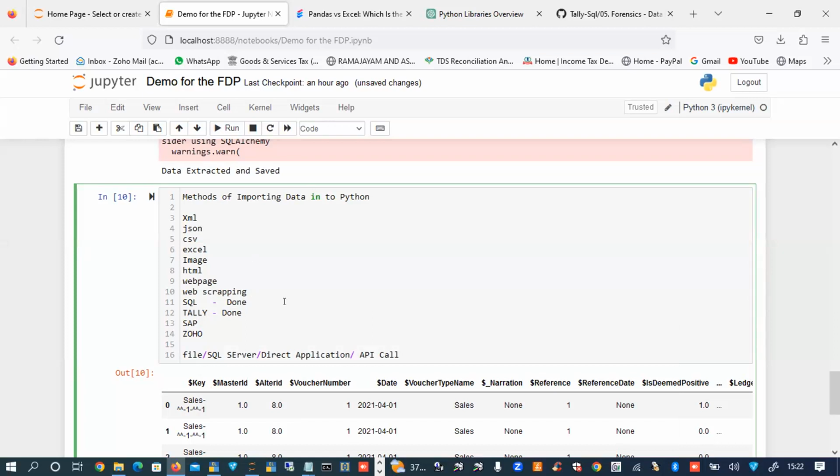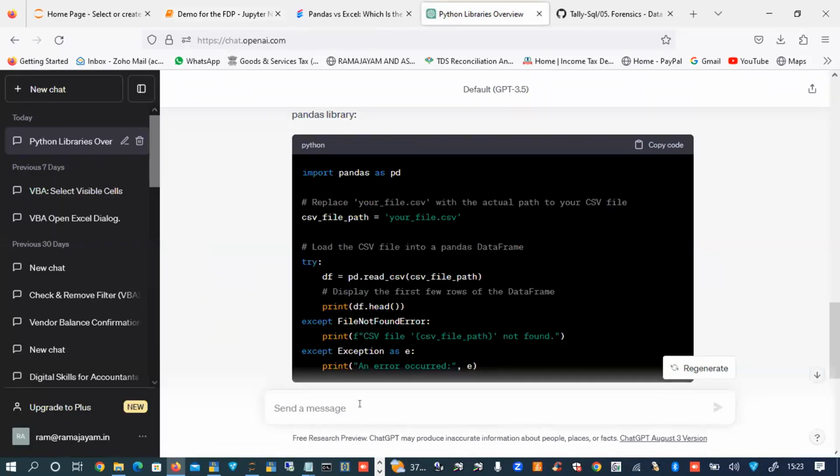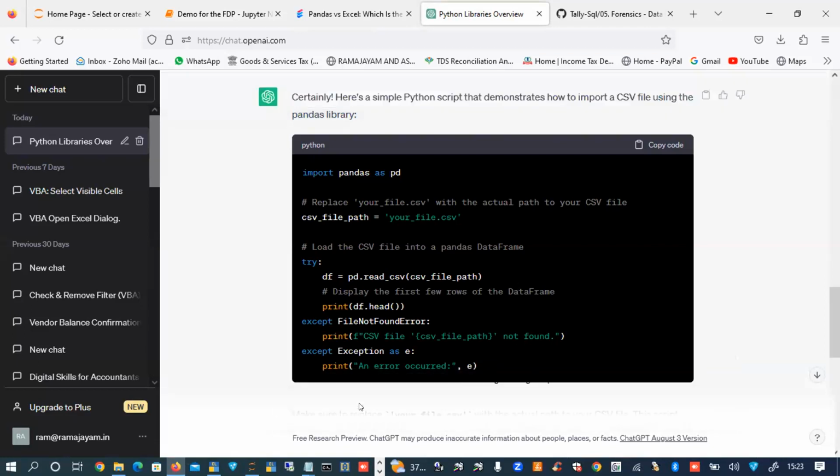You can ask a simple program like ChatGPT how to import an Excel file or a CSV file. You can also ask, for example, write a code to email an Excel file from Python. That's it.